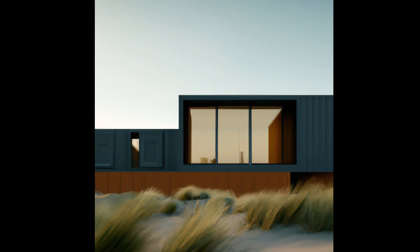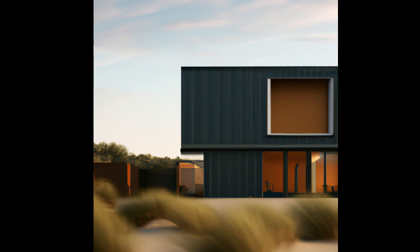Revolutionizing prefab housing with automated manufacturing, Frame&InFill's precision and customization at scale. Introduction. In the dynamic landscape of prefab housing, Frame&InFill stands as the vanguard, revolutionizing the industry with a game-changing approach